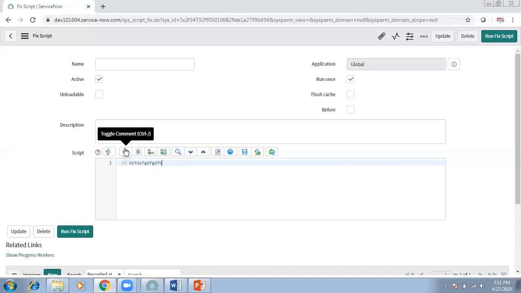There is also a shortcut: just type double slash and the code is commented. And one more thing ServiceNow has provided as part of its script editor is commenting through this one.